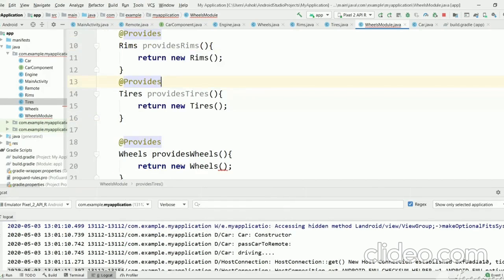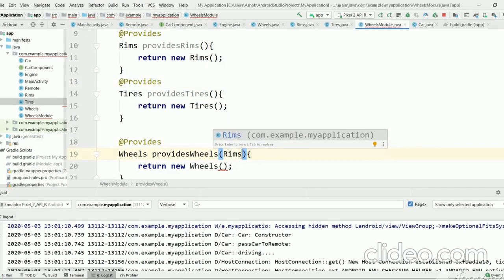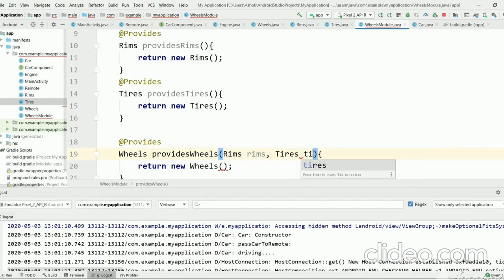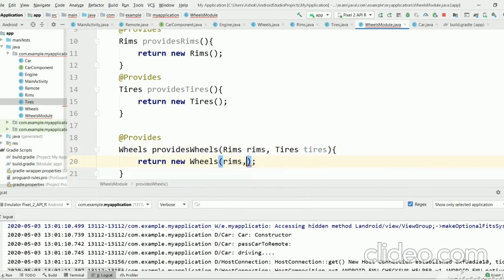Now we can use these two provides methods. Dagger will automatically use these two methods to provide Rims and Tires to Wheels. We can just pass Rims and Tires to this constructor.